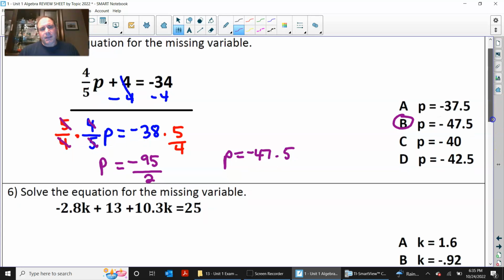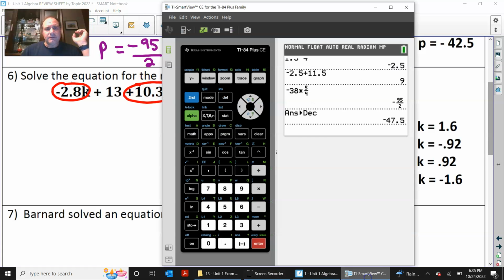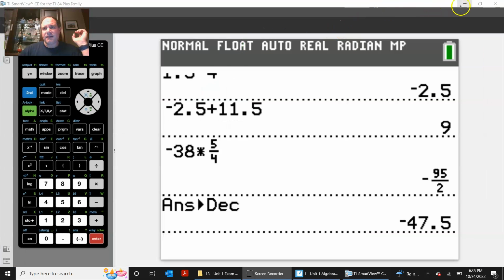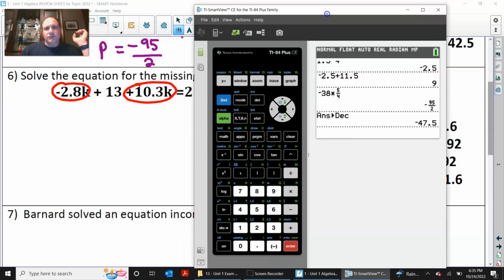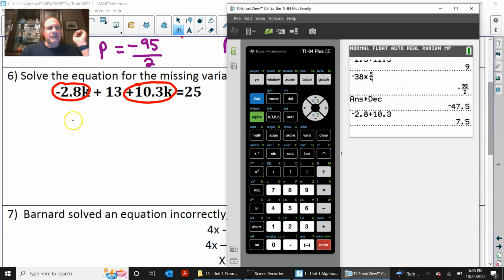All right, and now number 6. Another equation where you have to combine like terms. So we're looking at the K's right now. We're going to bring up the calculator right away because we definitely have to use the calculator to combine like terms just so we know that it is correct. So it's negative 2.8 plus 10.3, and then you have 7.5. So this is 7.5K